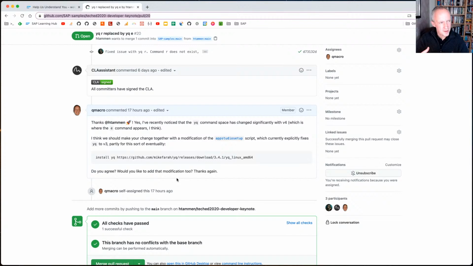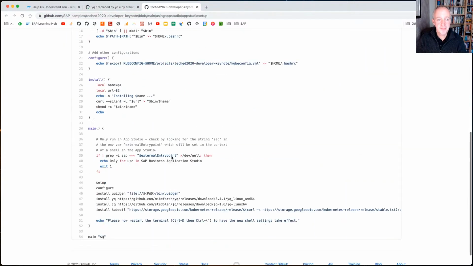I thought, rather than just deal with it, I'd spin it out and show people how they can contribute, like Helmut's a great example. But also, I've mentioned that in the App Studio setup script, which is here, I know Helmut, you're not using the App Studio as your development environment, but if we do change the command, which